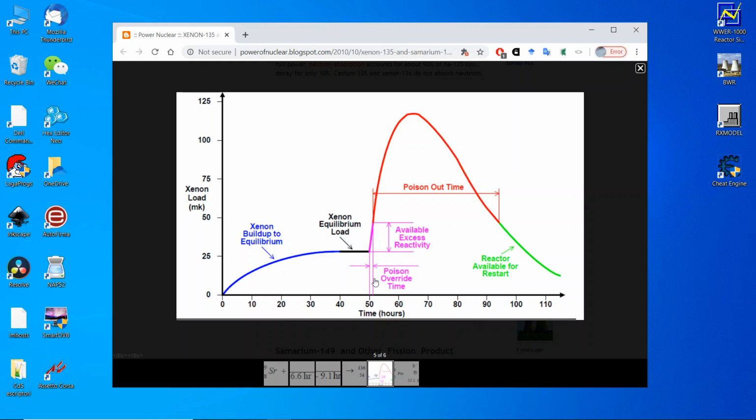So when you shut down an RBMK-1000, you are not supposed to try to withdraw more rods than normal to override this poisoning. Rather, you are supposed to wait all these 48 hours for the xenon to go away by itself. I will start the simulator now,